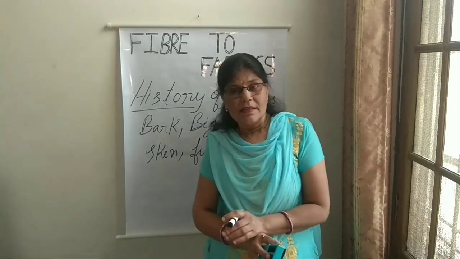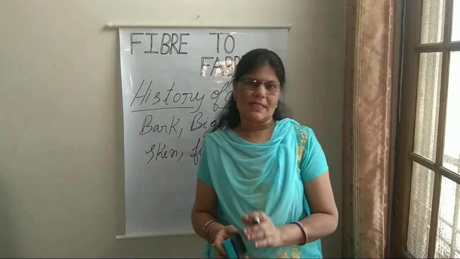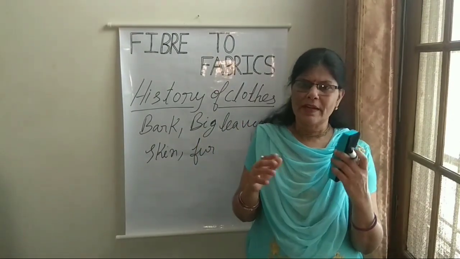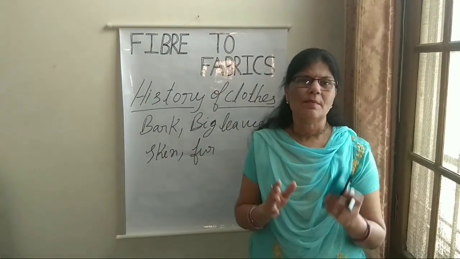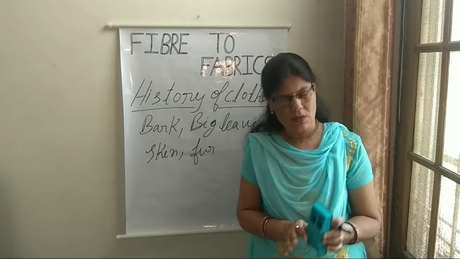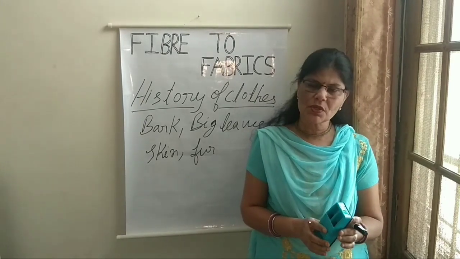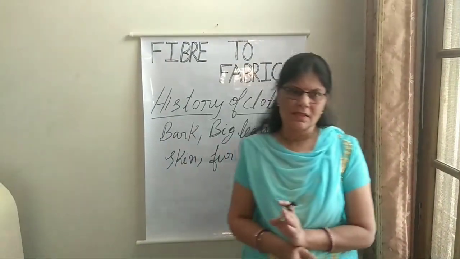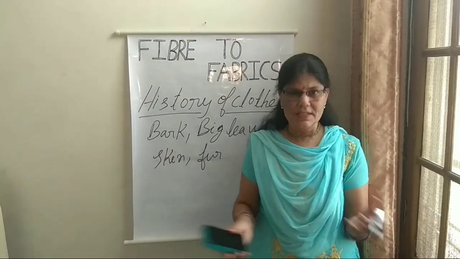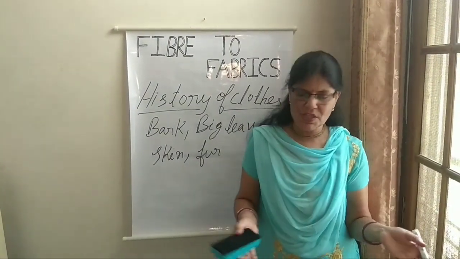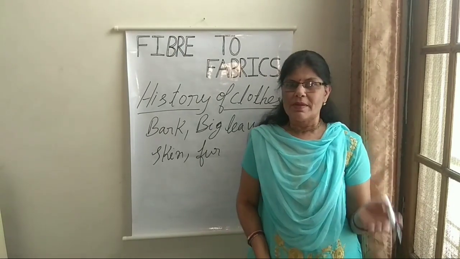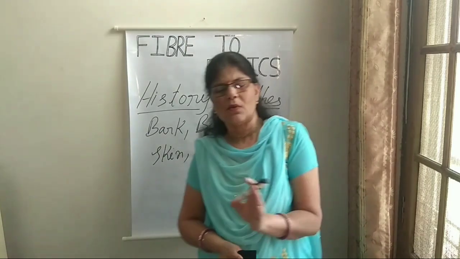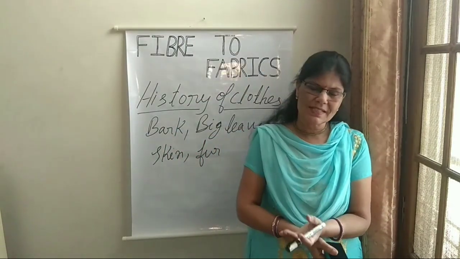But still then they don't know how to stitch cloths. They started making fabrics and they used to drape the fabrics around their different body parts, but they don't know how to stitch the cloths. Later on, with the invention of the sewing needle, they came to know how to stitch a cloth. So when they learned stitching cloths, they started preparing different varieties of cloths like shirts, pants, kurta pajama, salwar suit and so many things. But children, now we all know how stitching can be done, how different variety of cloths and fabrics can be prepared.